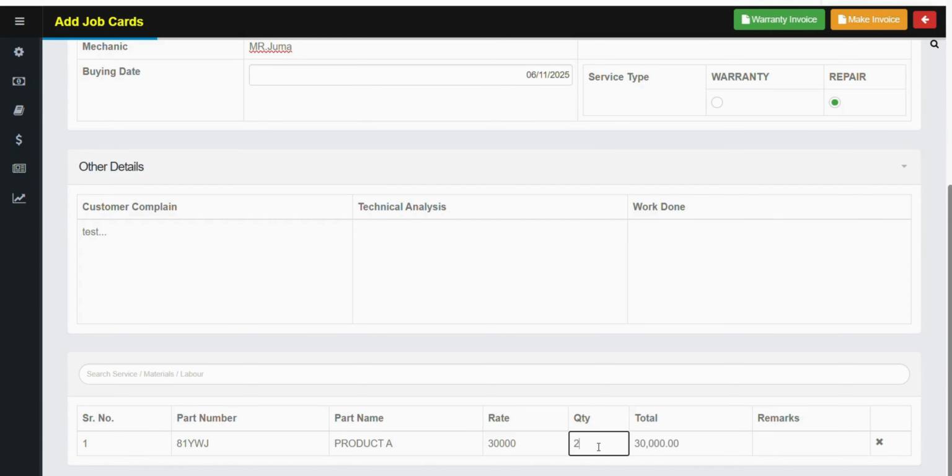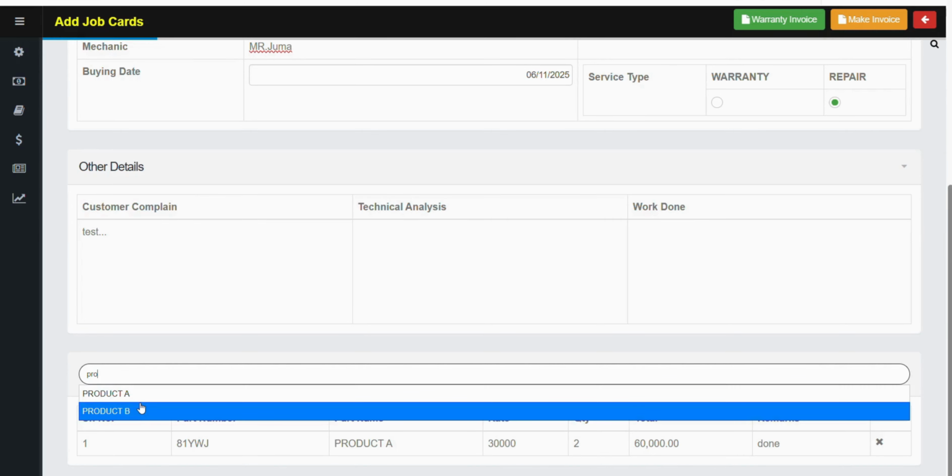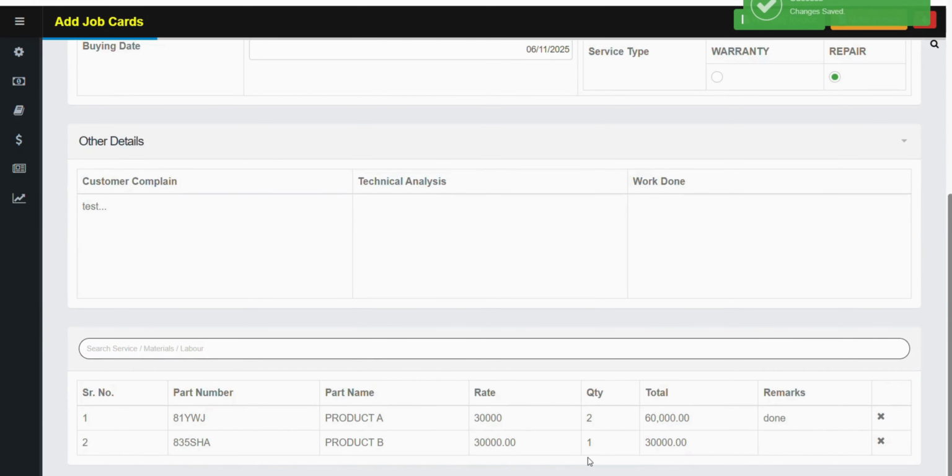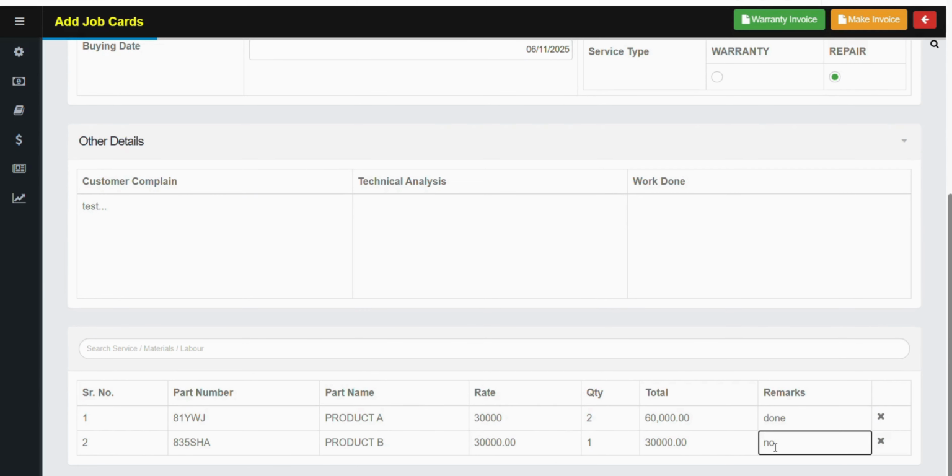If I want to change the quantity, I can just change it here, and if I want to provide the remark, I can do that. Also I can just decide to add another product here. I'll leave it like this. If I want to provide a remark, I can also do that. After that,